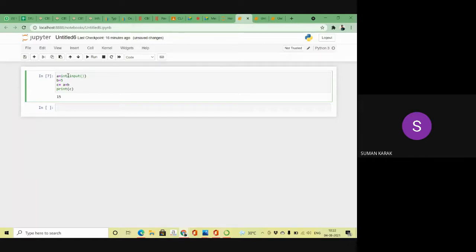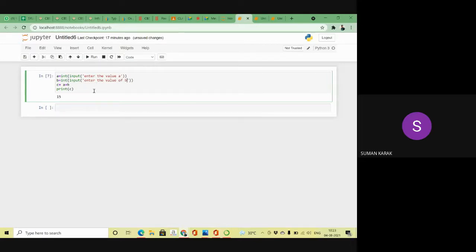Then you write the statement, suppose I'm writing enter the value of A. Again I mention the type of data I'm going to take, and use the input function, and write the statement enter the value of B.